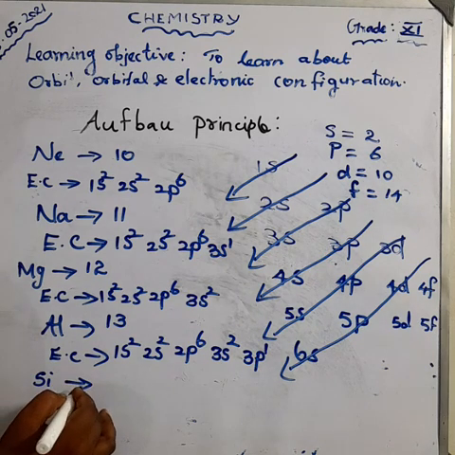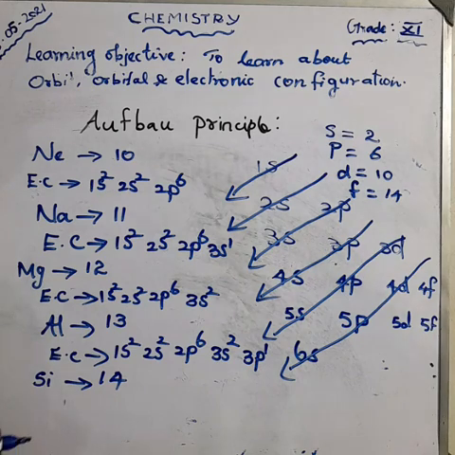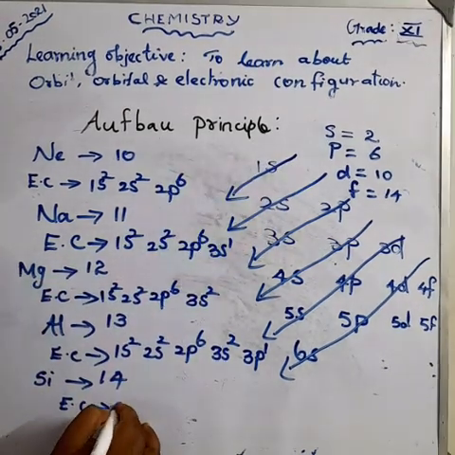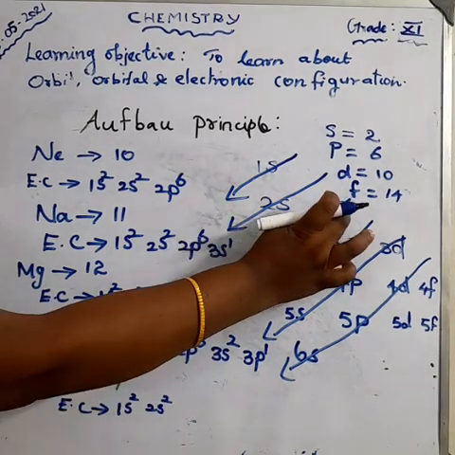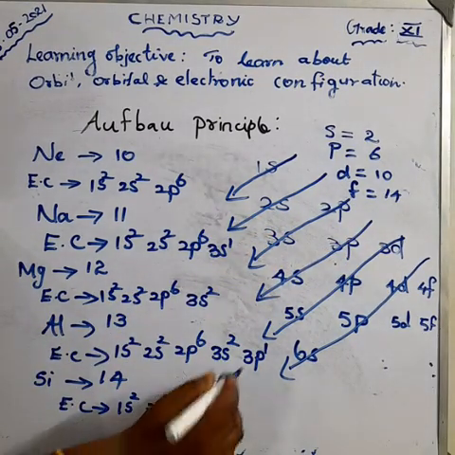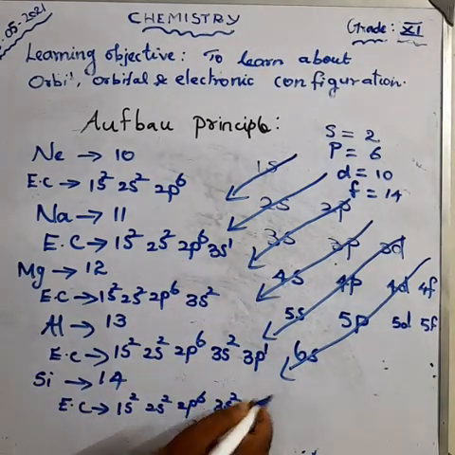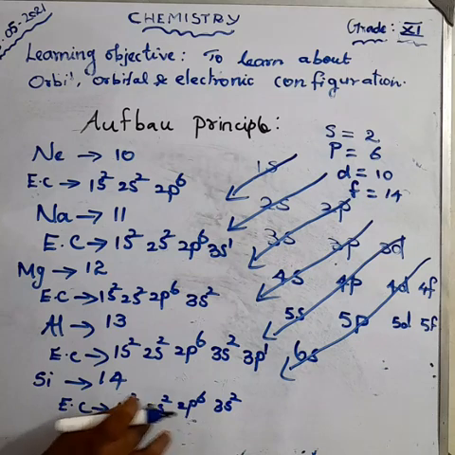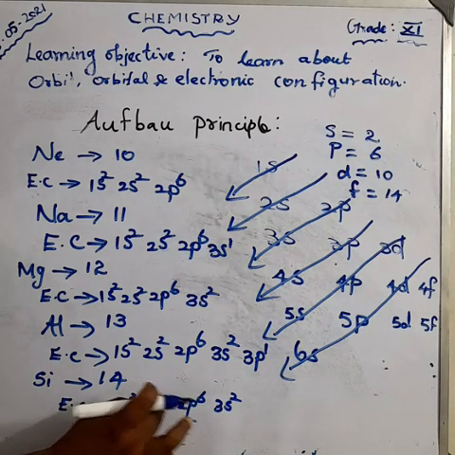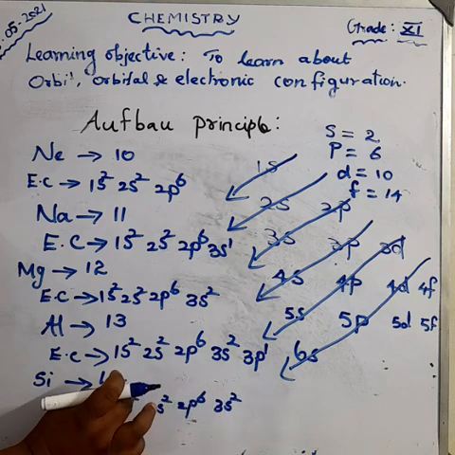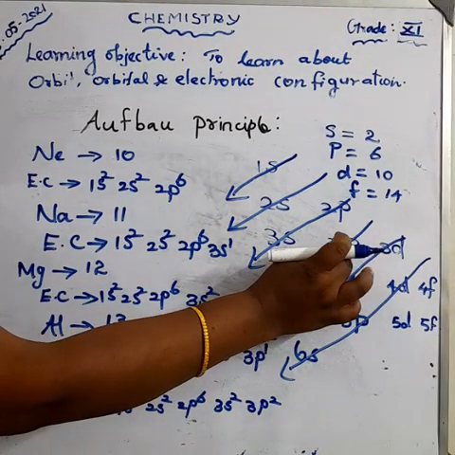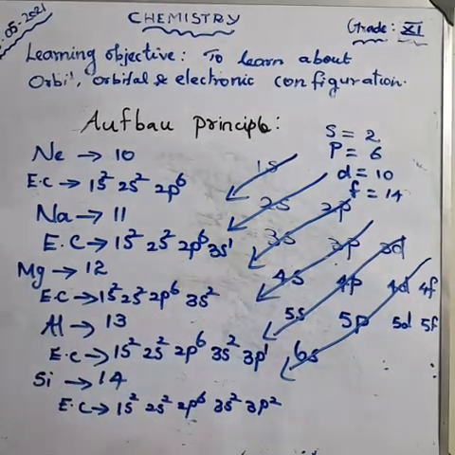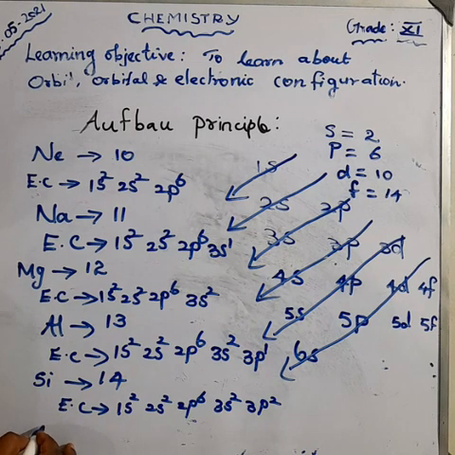Silicon. Atomic number of silicon 14. How do you write the electronic configuration for silicon? First 1s2 and then 2s2 and then 2p6, 3s2, and then how many electrons remaining? 10 plus 2 is 12 and 2 electrons are remaining. So 3p2. 2 electrons we can occupy in the p orbital of the third shell. And then